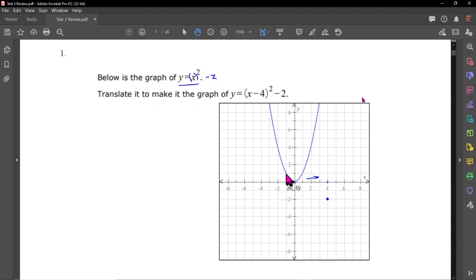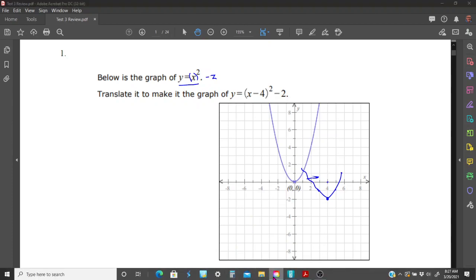So you could say this point (-1, -1) is also going to go over 4, 1, 2, 3, 4 to the right, and down 2. So there's another one, and that must be another one. So you'd be able to draw it from here, sort of. And again, there's a tool to do it, so you don't have to worry about my messiness. Okay. The way we can check this is by using